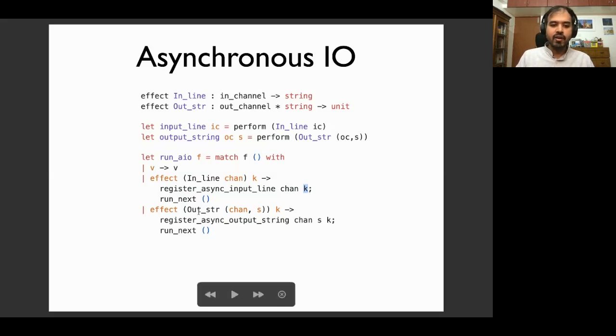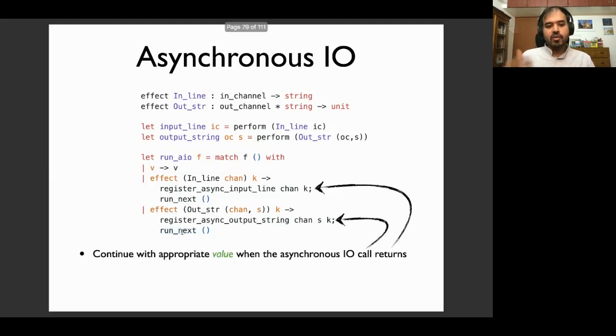And similarly for output string, right? We register this channel and the string for output, and we say that the callback associated with that is just the continuation here, right? And once you do that, all you do is call the run next function from the scheduler to execute other IO operations, sorry, other threads that might need execution. So when the IO operation completes, all we do is we continue the continuation with the